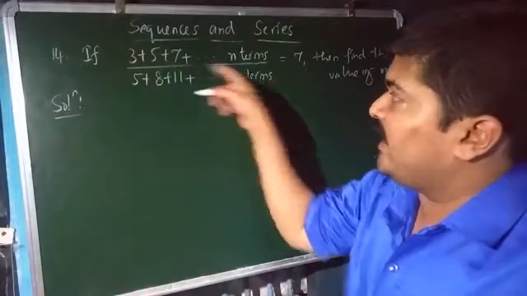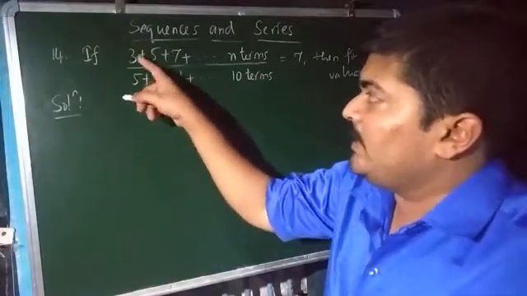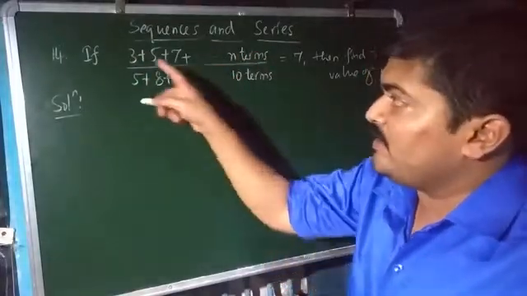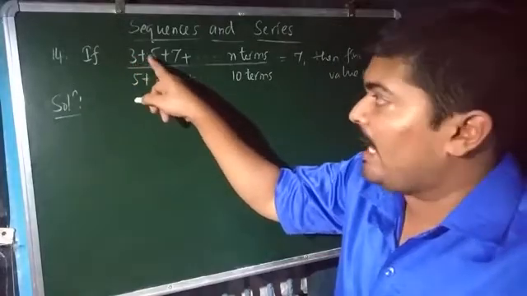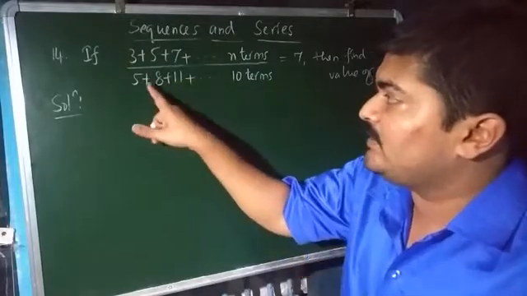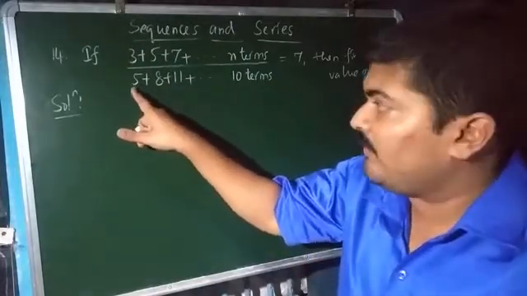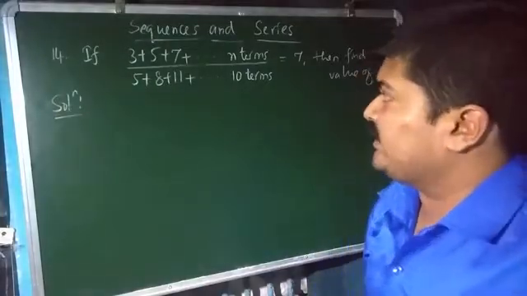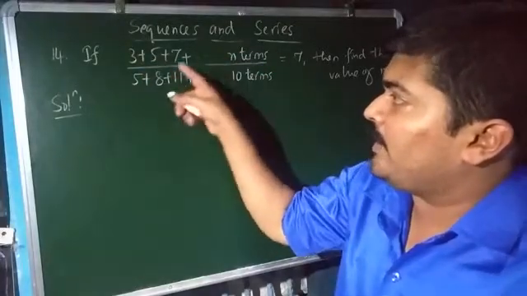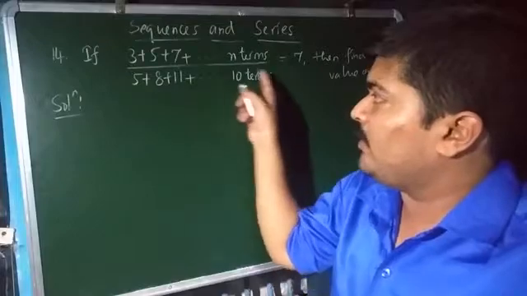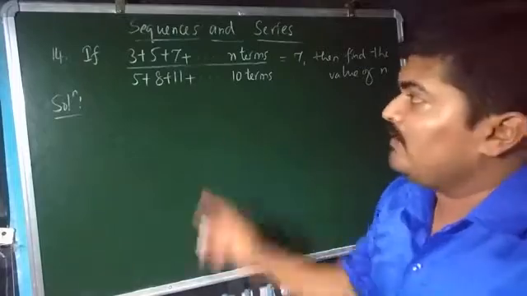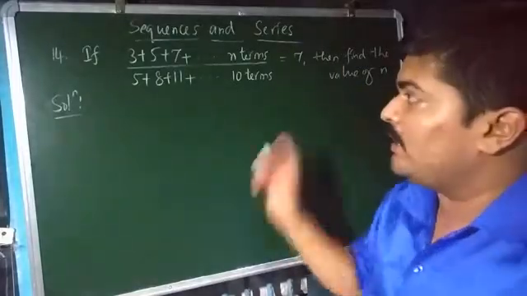Now let me consider this entire thing in the LHS part. Note that the numerator series is an arithmetic progression with the first term equal to 3 and the common difference equal to 2. And the denominator arithmetic series has the first term equal to 5 and the common difference equal to 3, isn't it? Now let us apply the formula for the summation of n terms of the AP, and the summation of 10 terms of the other AP, and equate the ratio to 7, so that you can find the value of the unknown parameter n.